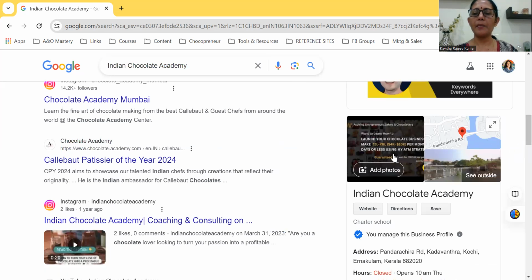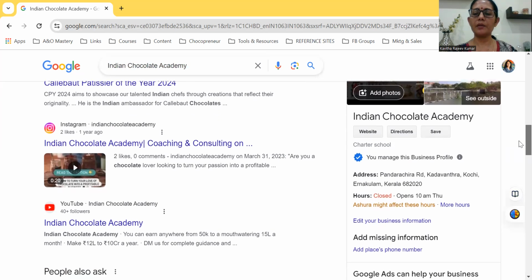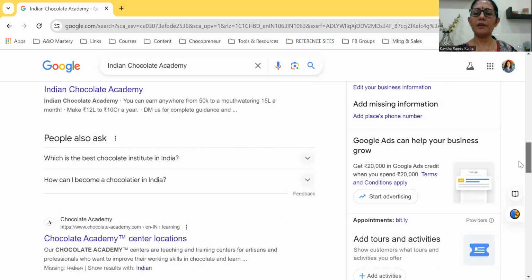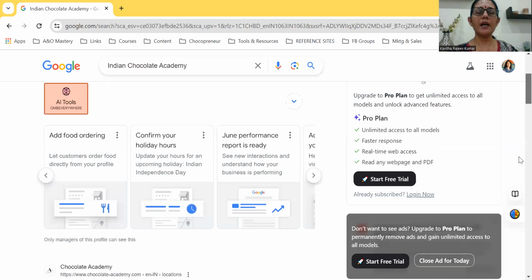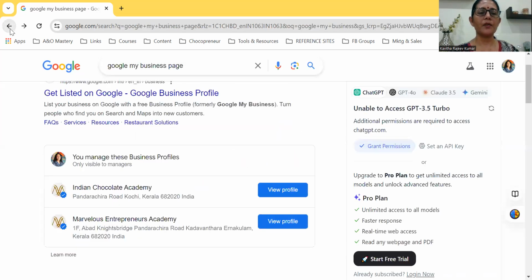It will show the map, the images, the website, directions, address, work timings, and more. So let us see how you can start a Google My Business page.